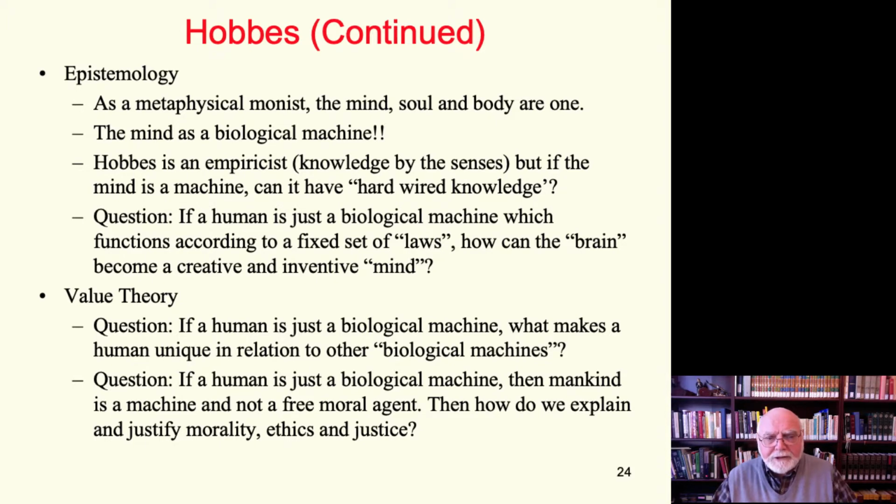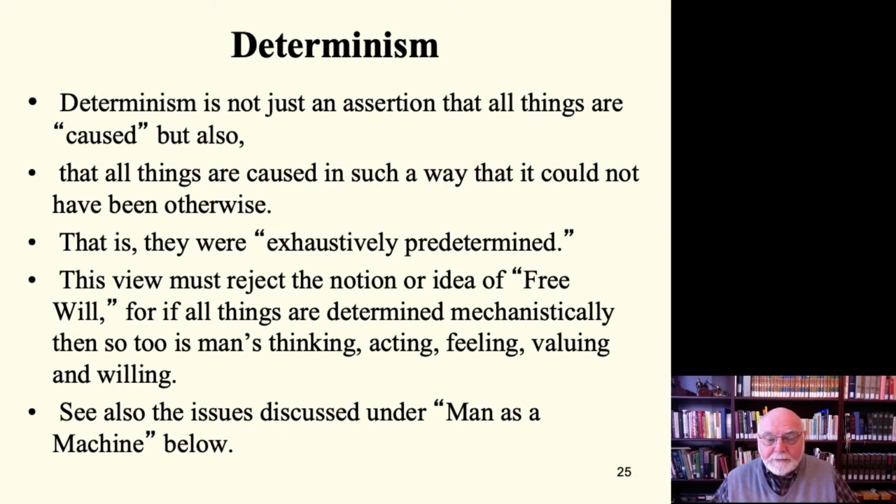Now, I don't want to oversimplify this question by posing it in such a way that you come to think there's no answer to this. Many materialists have some very interesting arguments in relation to moral theory and in relation to knowledge. I'm posing these as starting points for you and giving you an essential issue. But it does raise an important question over against free will and determinism. In the past, we've been talking about free will, and we assumed we had some idea what that meant, and we had some interesting discussions, particularly as we came to Augustine, who wants to say, well, we don't really have a free will.